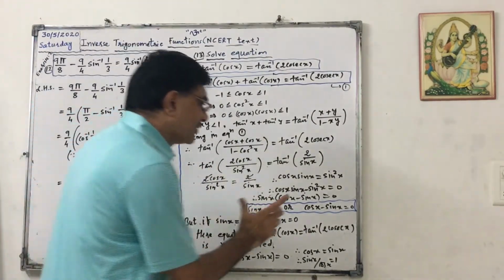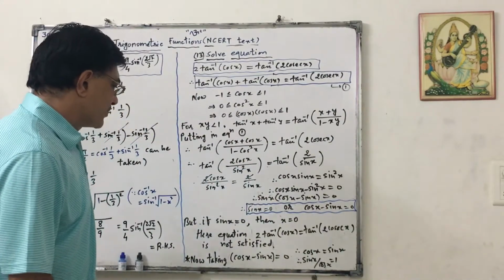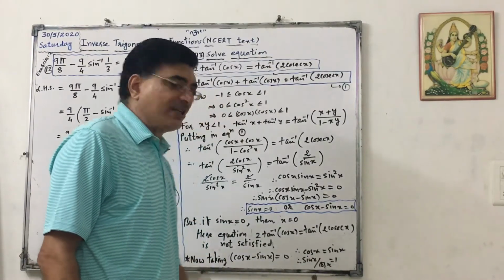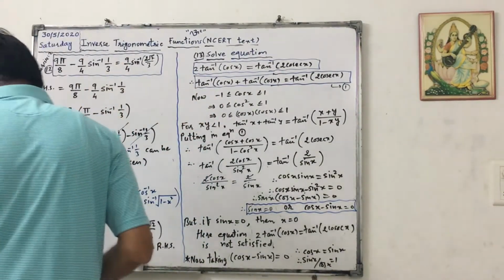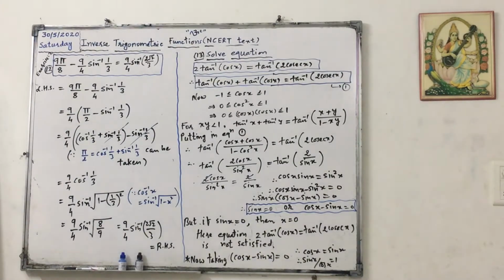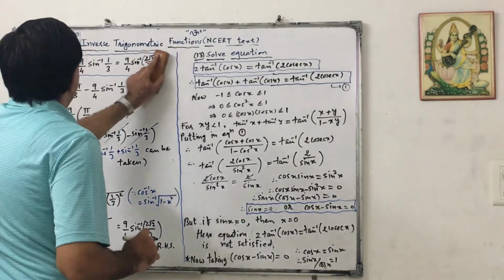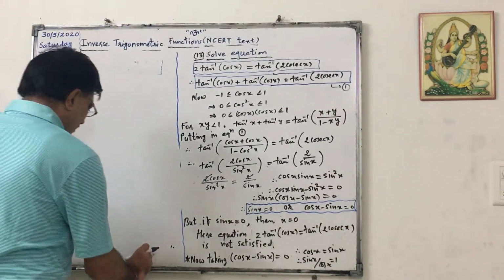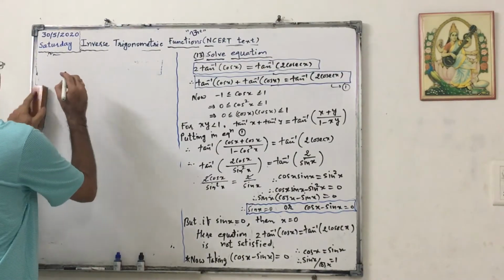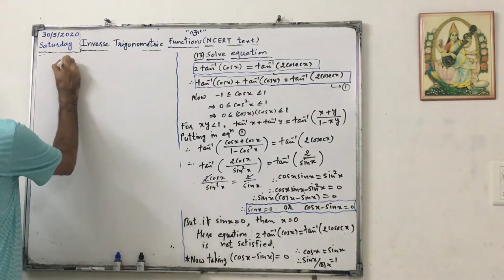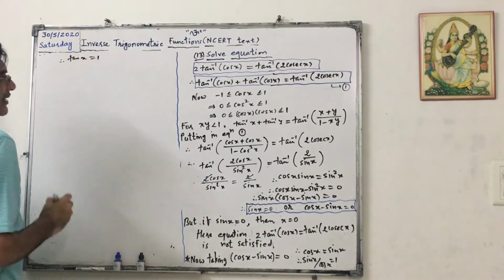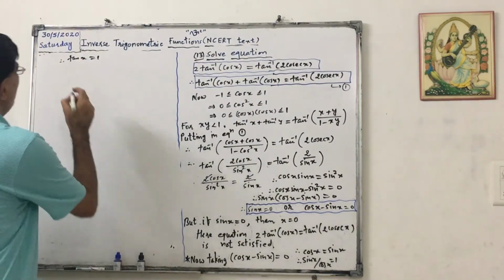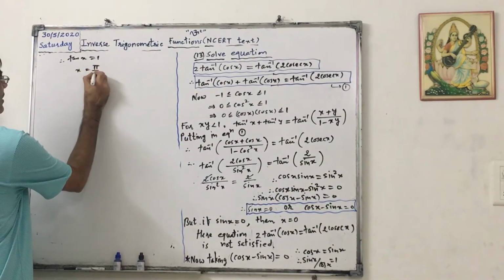Okay. Now remaining the other possibility. Cos x minus sin x equals 0. In that case cos x equals sin x. We can say sin x upon cos x equals 1. Now we have to check. Okay. So we can write like this. Therefore tan x equals 1. We know that this is first quadrant. Okay. So x equals pi by 4.